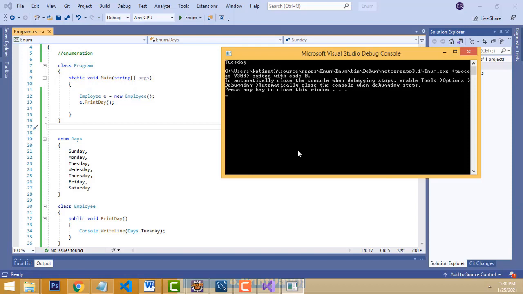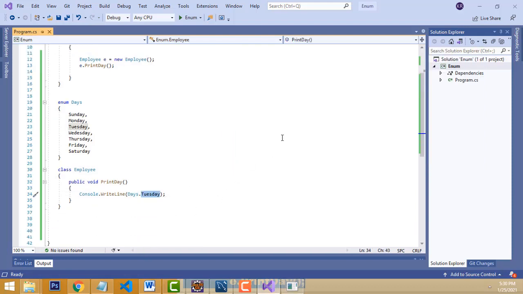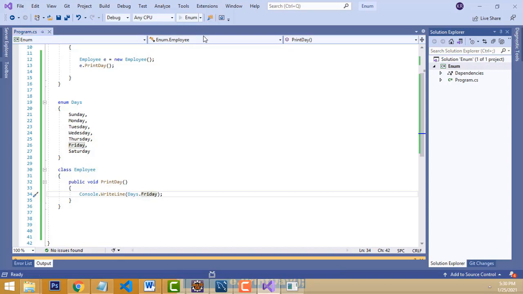Now you can see the output as Tuesday. So you have to call it as Tuesday. Now if you change it to Friday, you can execute it again.